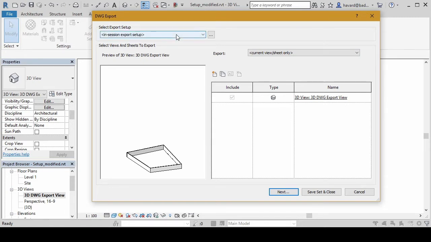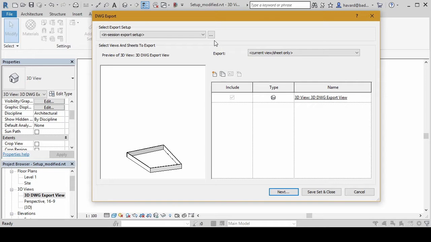You can also, if you want to, prepare a set of 2D and 3D views for exporting to DWG, although I would mention that you can only use one setup per export. That's the pull-down menu on the top left corner of the dialog box. So if you need different kinds of setups for different kinds of views, that maybe doesn't make much sense. But for instance, you can make one setup for 3D files and one setup for 2D files and then create different sets of views for those exports.